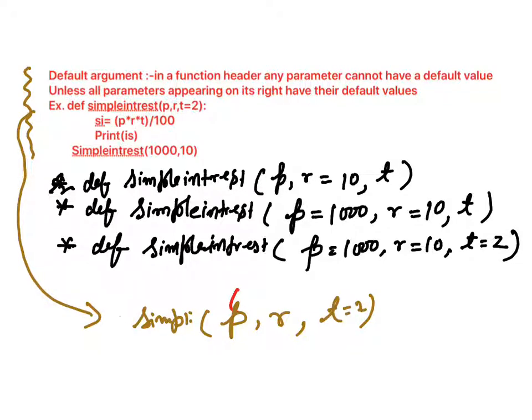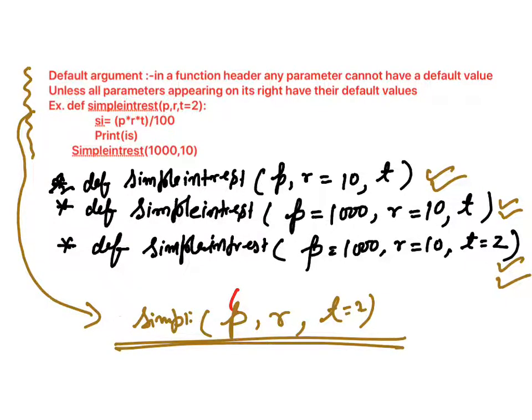Now this 2 is a default argument. Yesterday we have discussed. Now what is another method through which we can give values to the default argument? First I will explain these three steps or these three concepts. The first one I have already explained to you: if simple interest, I'm just calling it,